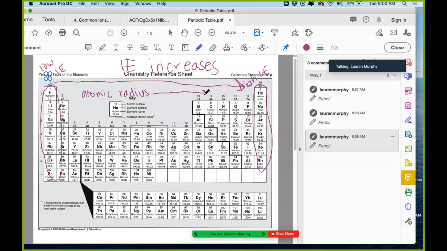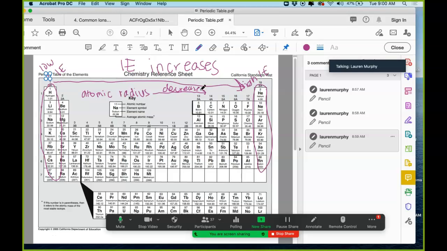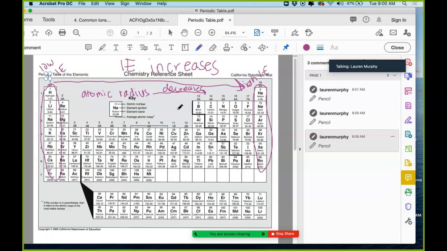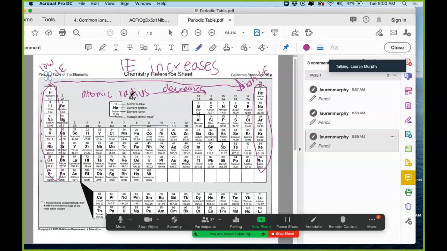As you move this way, the atomic radius decreases. What does that mean? That means that the electrons in the atom are closer to the nucleus. If they're closer to the nucleus, they will be held more tightly, right? The positively charged nucleus and the negatively charged electrons attract. So the closer the electrons get to the nucleus, the more of an attraction they have, making them harder to